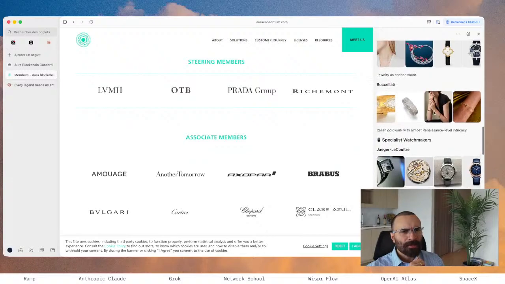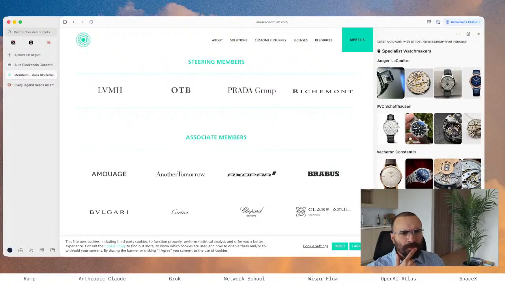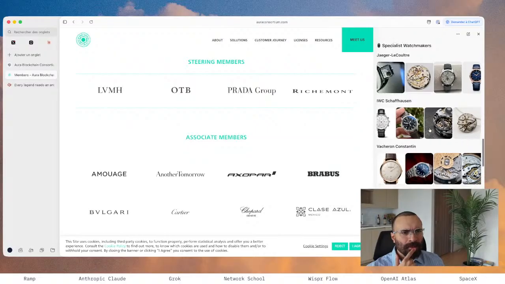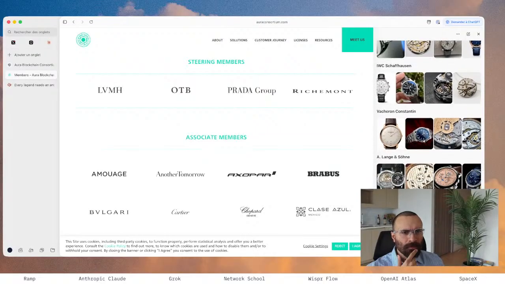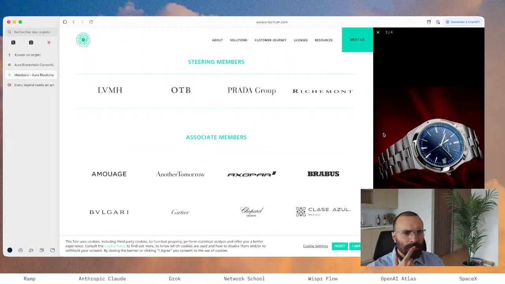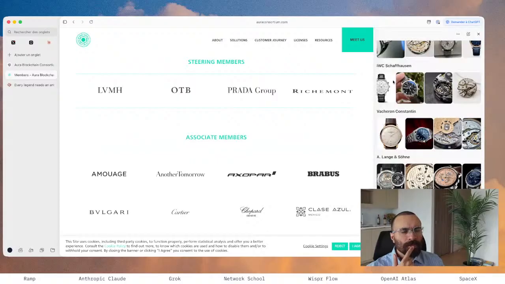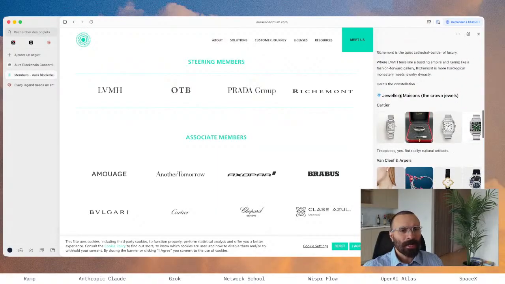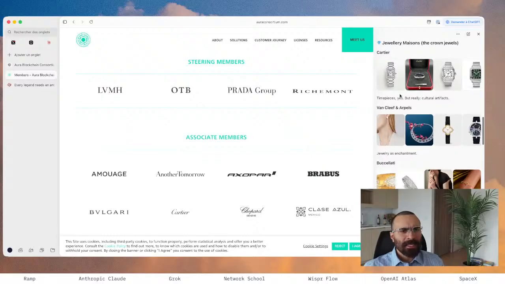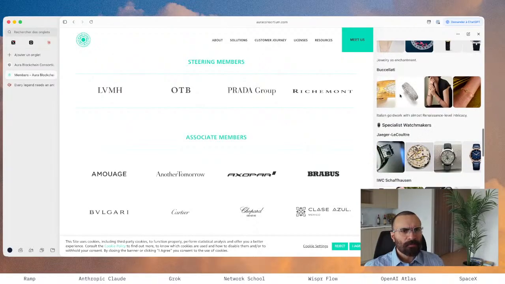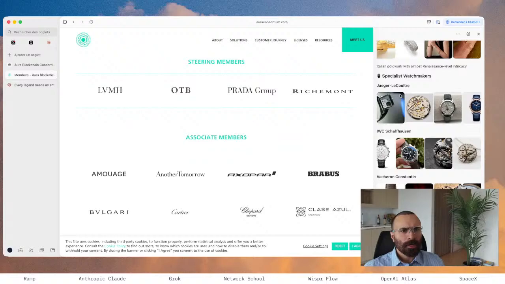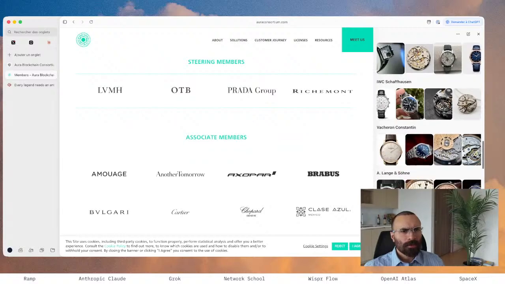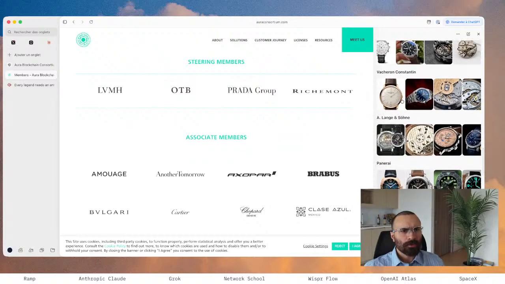Oh wow, they own a lot of Richemont. Schaffhausen. You'd think all these brands would be individual. Wow, they own Vacheron Constantin. You would think that these brands are individual, but they are actually owned by one main group, Richemont. Cartier, Van Cleef, Buccellati, Jaeger-LeCoultre, Schaffhausen, Vacheron Constantin,